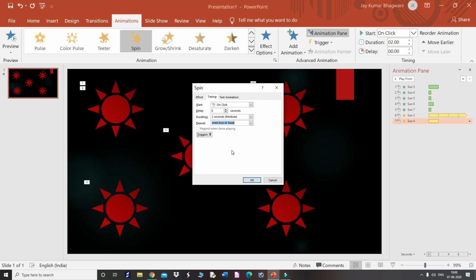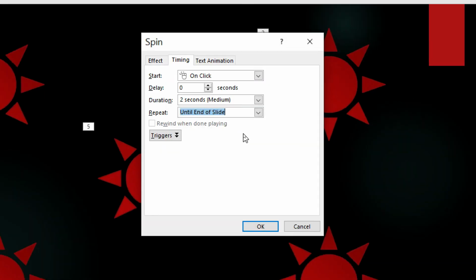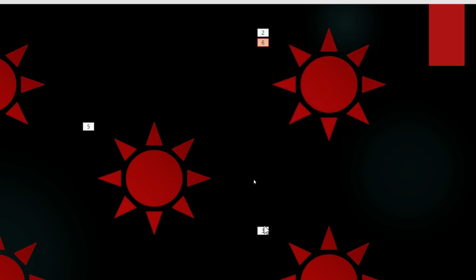And one more setting we have to do. What setting? Start. How will it start? It will start with the previous. So the spinning process of both these shapes will start together. So this is the start with previous setting. Click on OK, right?